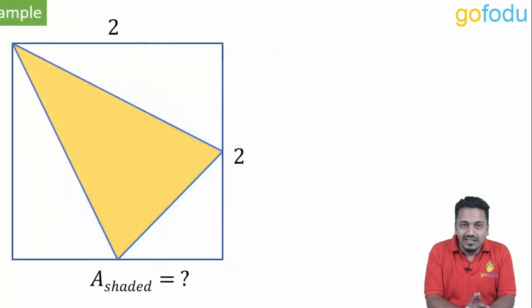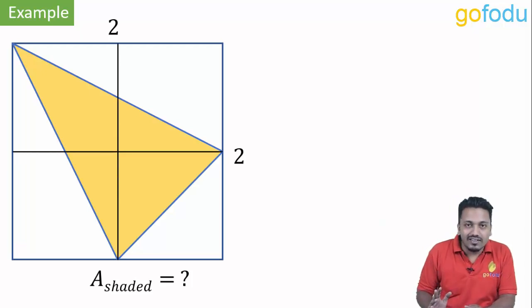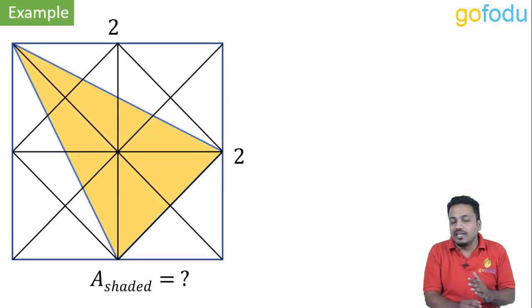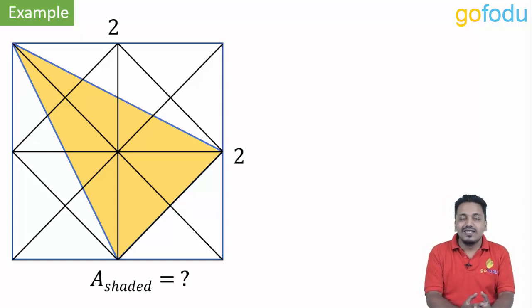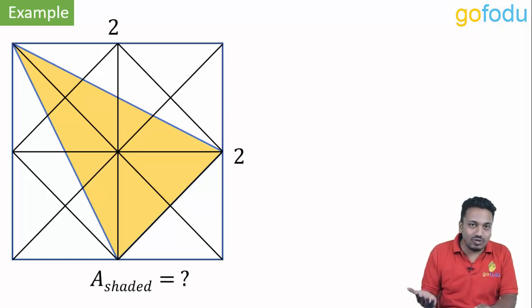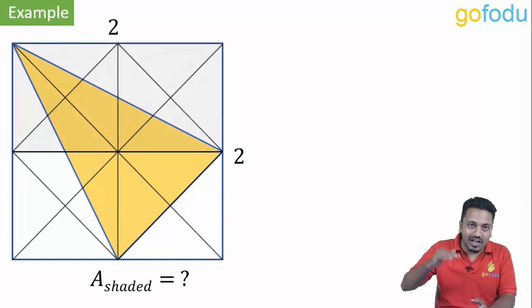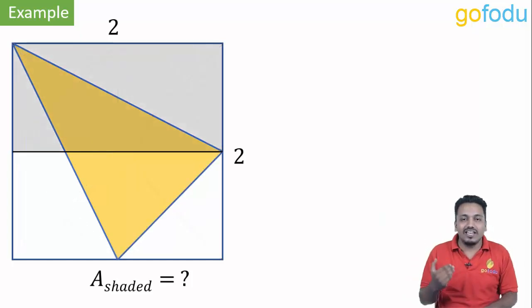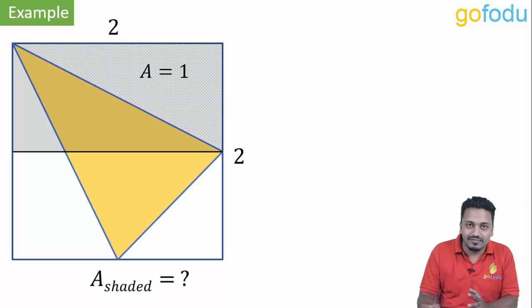Next question, a triangle in a square. No matter how you dissect the square, the shaded triangle will not be visible in terms of smaller congruent parts. Try it. In such questions, next step in your thought process should be to look for the non-shaded area outside the triangle. Take upper half of the square, it would be a rectangle with area of 2 square units. Non-shaded empty space is half of the rectangle's area, right? That would be 1 unit.